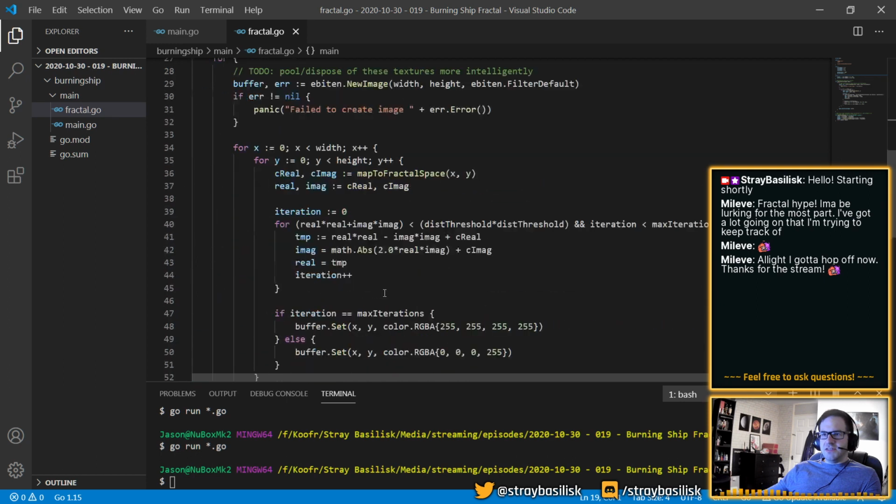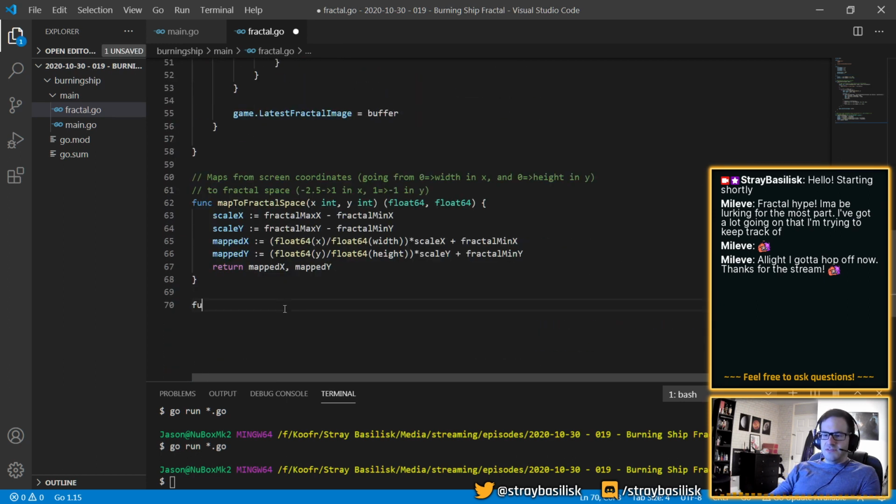Can't have struct constants. Okay. Let's also do func mapColor, based on the number of iterations, which will return a color RGBA. Okay. So we're going to take the ratio. It's going to be iteration over max iterations, and then I'm just going to take the components and